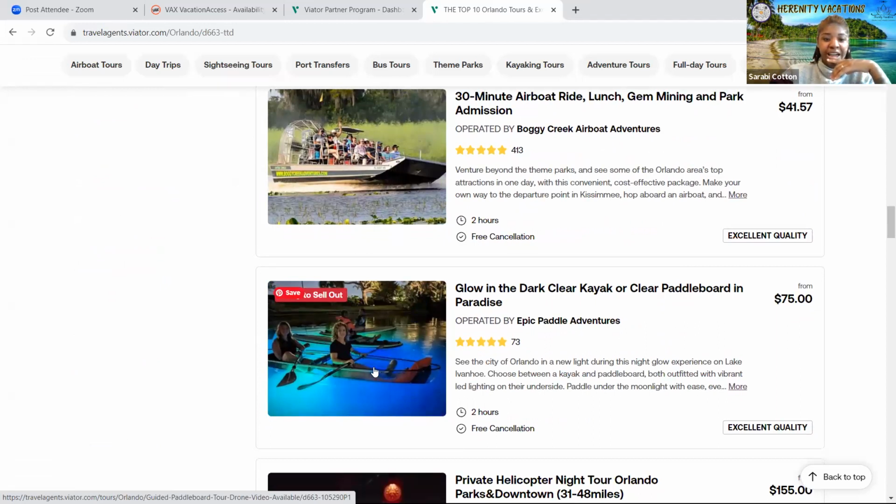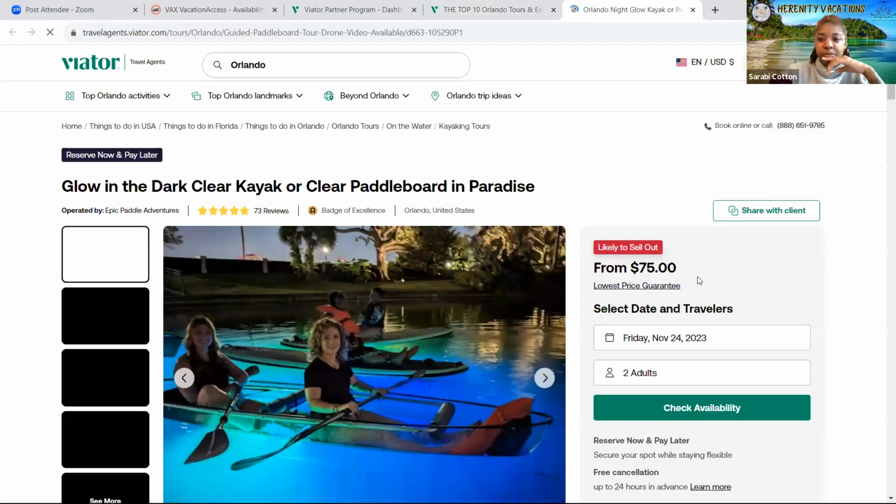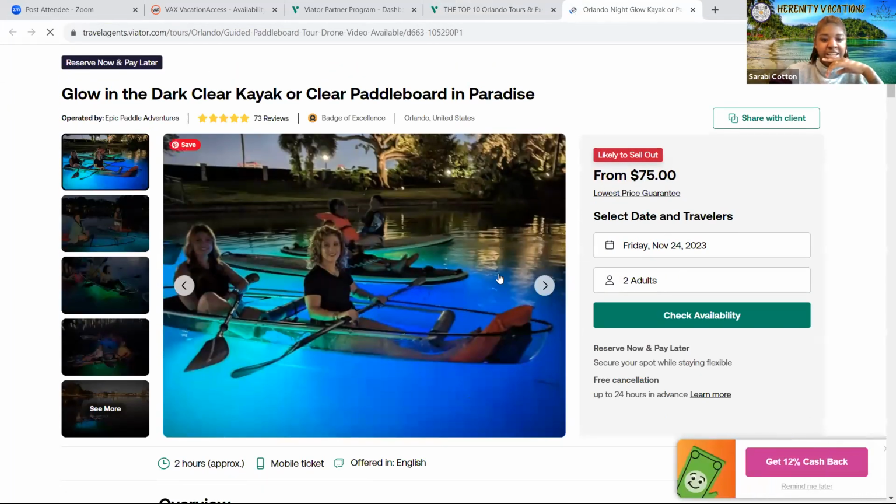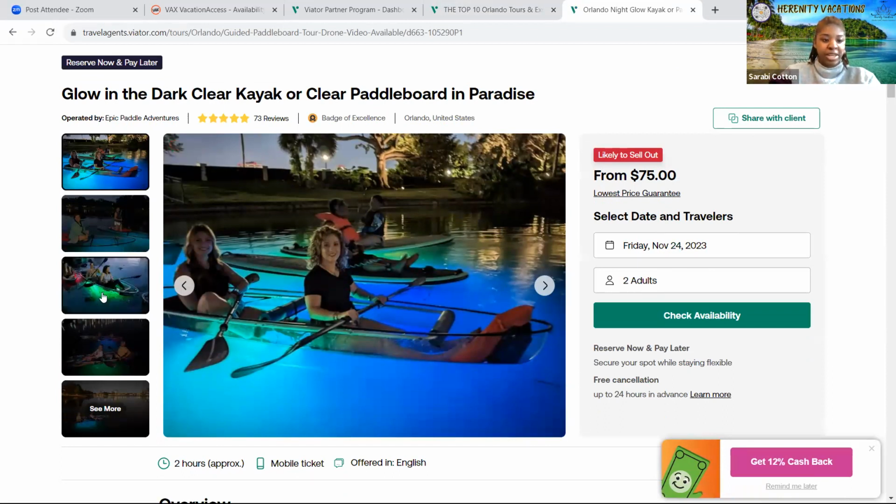Ooh, this is cool. I like to look for those likely to sell out things because when they click on it, they see that too and think, ooh, let me go ahead and get this. So let's do a glow in the dark kayaking. All right, so nice little picture. It made me stop scrolling, so I figured it'll make somebody else stop scrolling